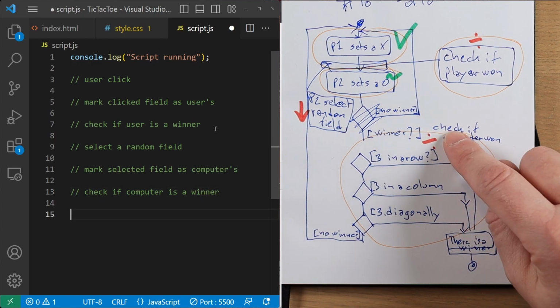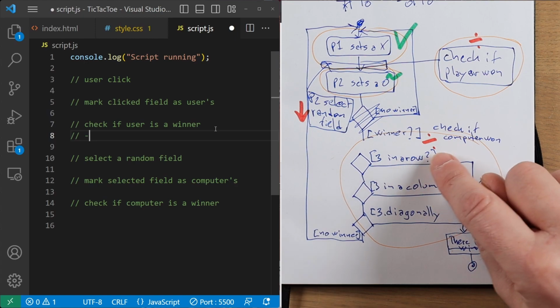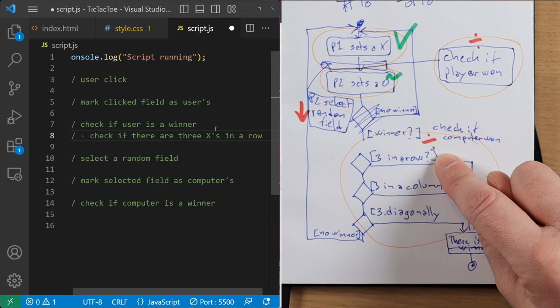And I don't think I'm going to go into details about how I check if it is a winner. Or no, wait, maybe I should. So here I'm going to add check if user is a winner, check if there are 3 X's in a row.